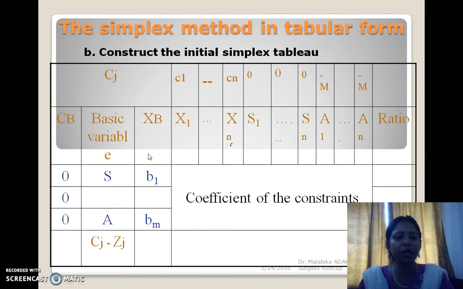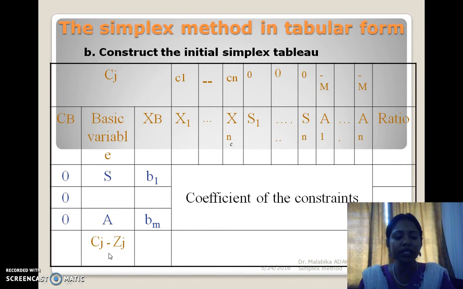This is the basic variable, this is the basic feasible solution, and here are all the decision variables, slack variables and artificial variables. And here is indicated the coefficient of the constraints, and here will be calculated the Cj minus